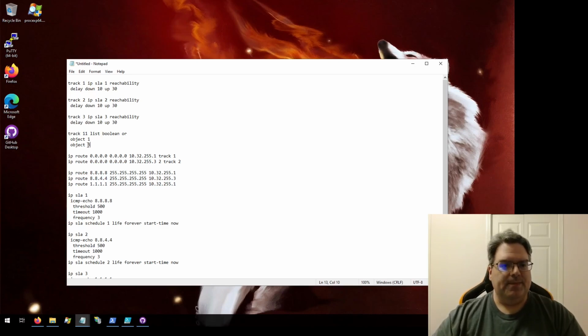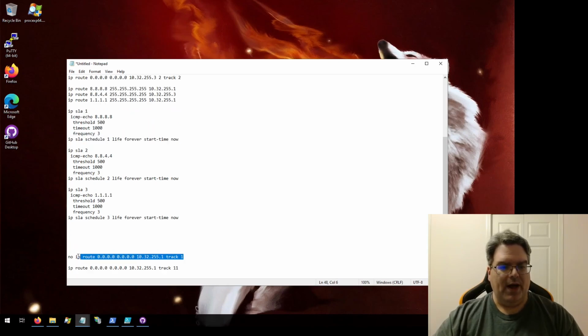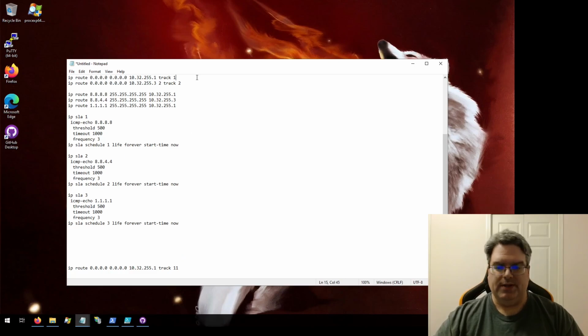So for this, I want to track both of these objects. If either one of them is up, then I can use this default route. It won't be optimal all the time, but we can actually use it. So I'm going to then say no IP route on track 1, which is this one here. And to replace it, I'm going to add